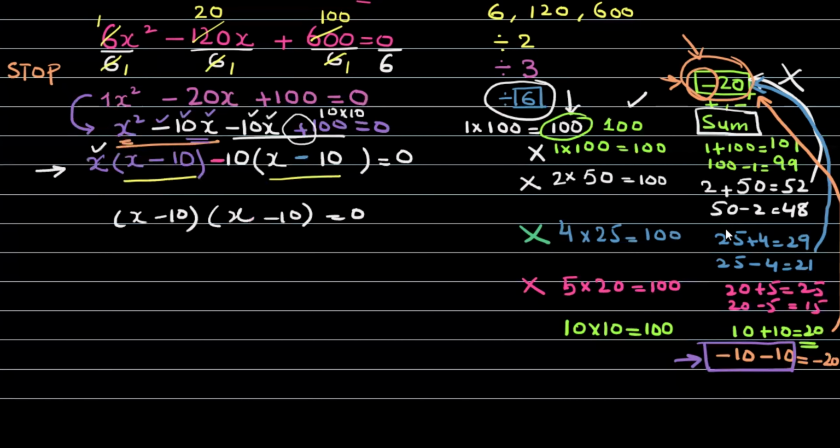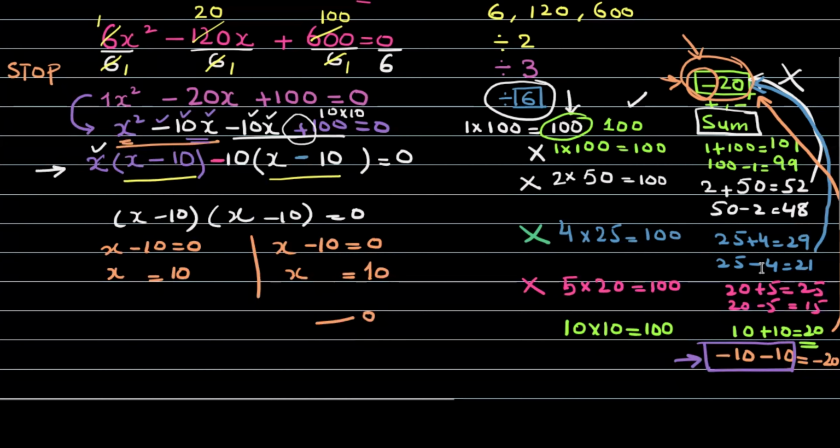Is that easy? Okay. As you know, this question is not finished here. Now you have to make this x minus 10 equal to 0. You have to make these roots equal to 0 to find out the value of x. And can you observe कि यहाँ पर जो x की value है वो एक ही आ रही है, दोनों में answer is same and that is 10. So that's how you can easily find or solve the question.